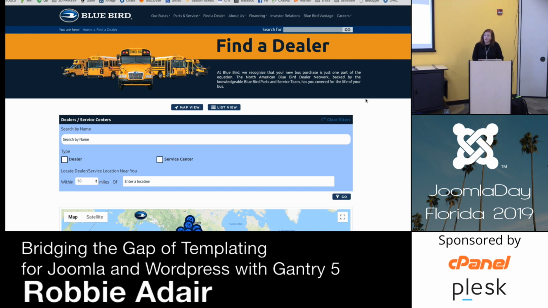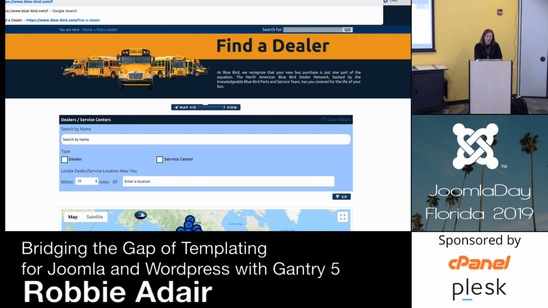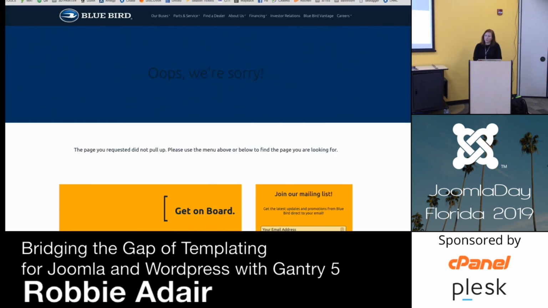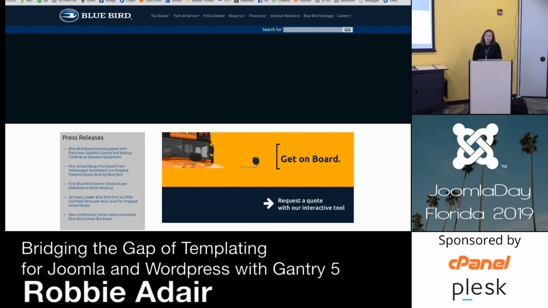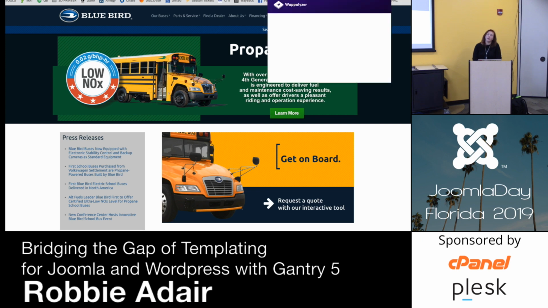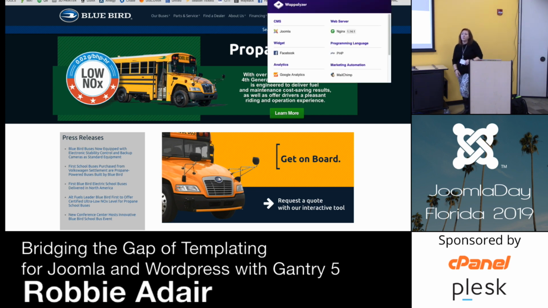How do you know what they're using? Well, I mean, you can do the old tab. Some people get tricky. They change the subfolders, so you can't always tell. You can say, whoops, no, that's not it, okay? The other thing you can do is you can do things like browser plugins. So I have Wappalyzer, and Wappalyzer always tells me what the technology is behind a website, so I can see what